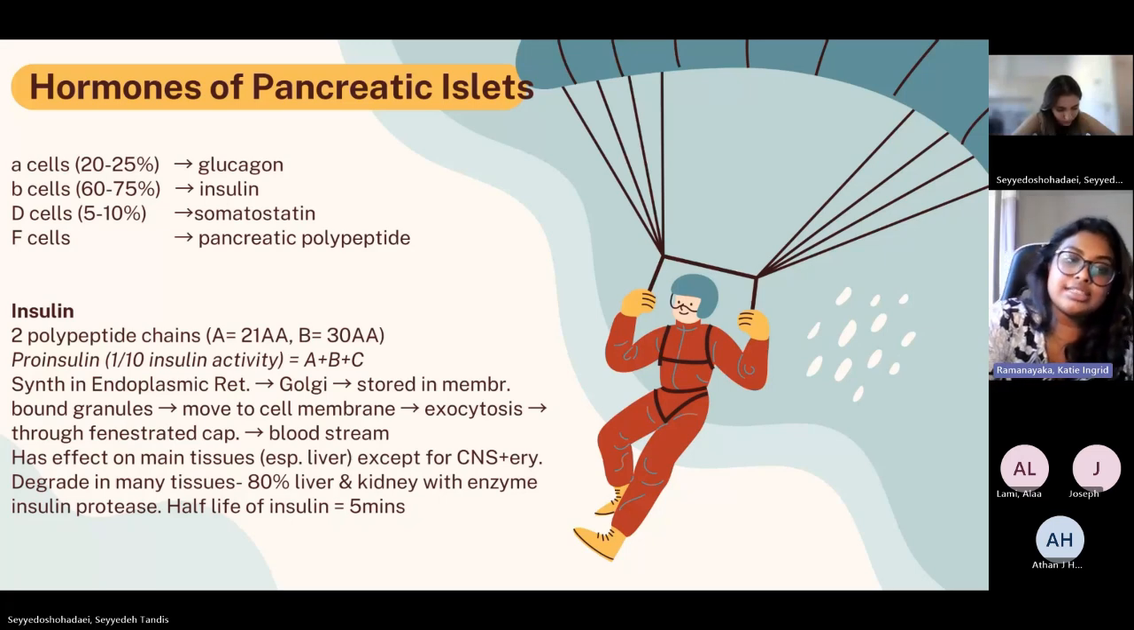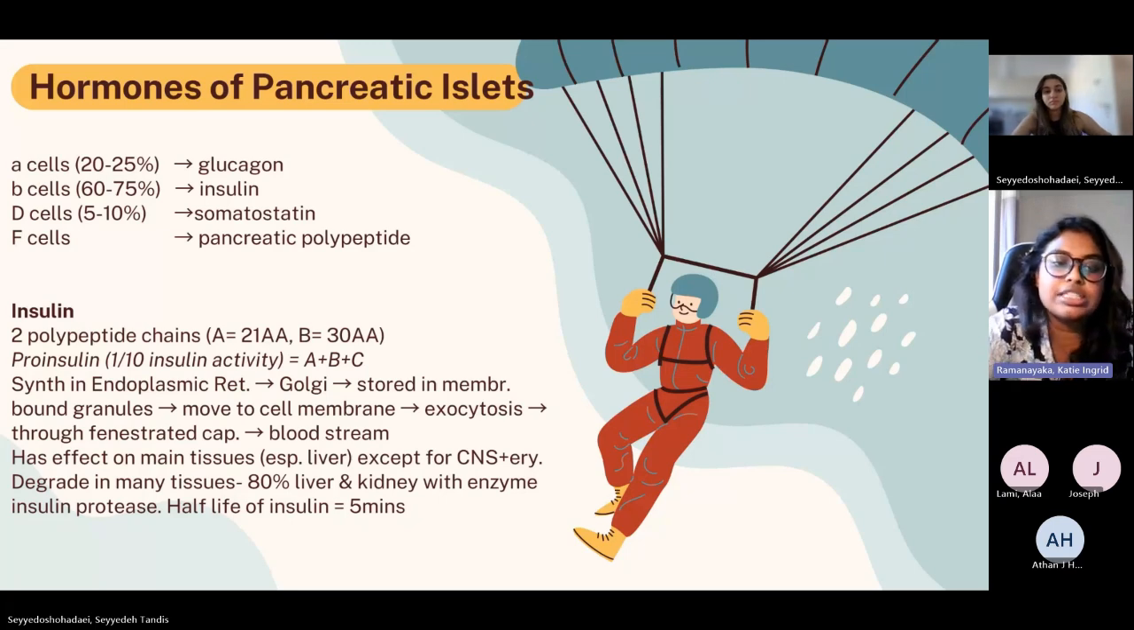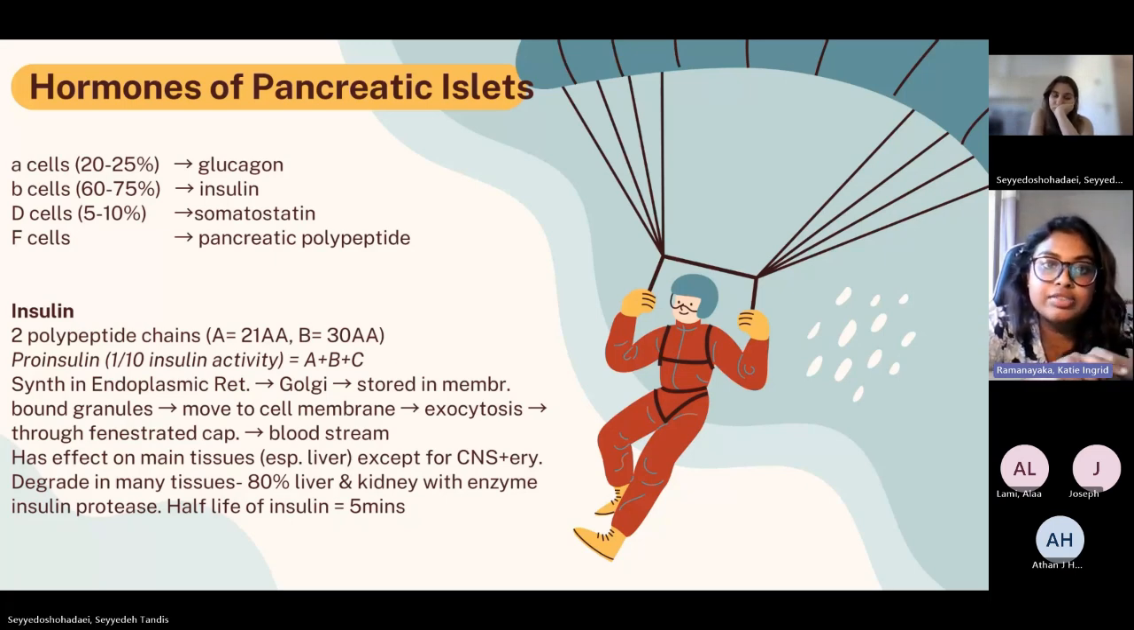Now, how insulin is synthesized: it starts in the endoplasmic reticulum of these beta cells. It then moves on to the Golgi apparatus. It's stored in membrane-bound granules, and with an influx of calcium ions and depolarization of the cell, it moves to the cell membrane. Exocytosis takes place, and then through fenestrated capillaries around the pancreas, it's able to move into the